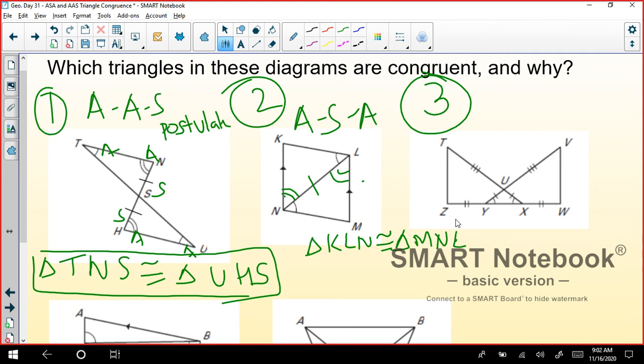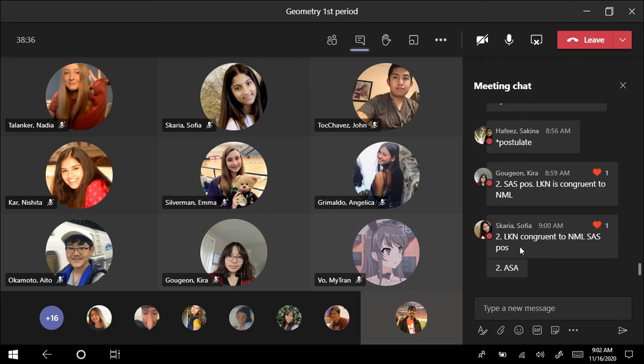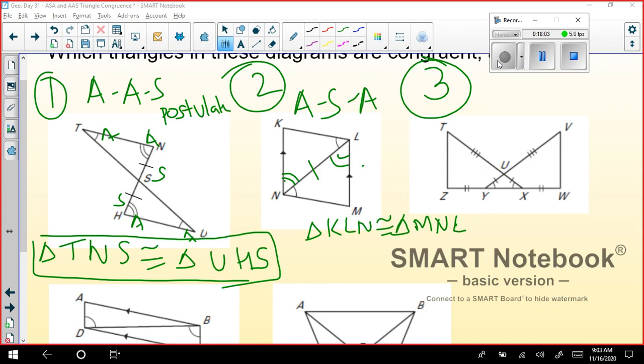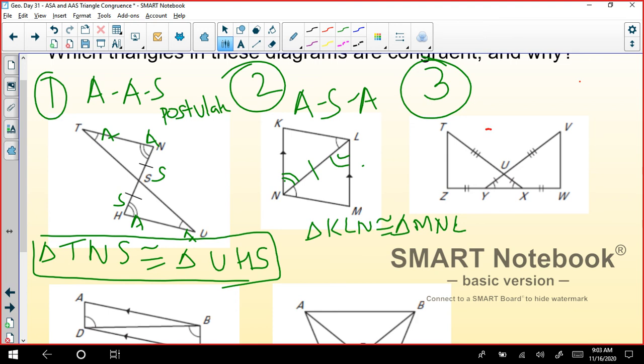Well, if you try the third one, I'm just going to give you some time to see what you have for the third one. Let's check the third one. Absolutely right. Majority if you listed it was SAS, so we'll use a different color this time. I have this particular side. I'm just saying only one triangle, and then in triangle TXZ I have this angle which is included, and then I have a side. So it forms a pattern of SAS, triangle congruency postulate.